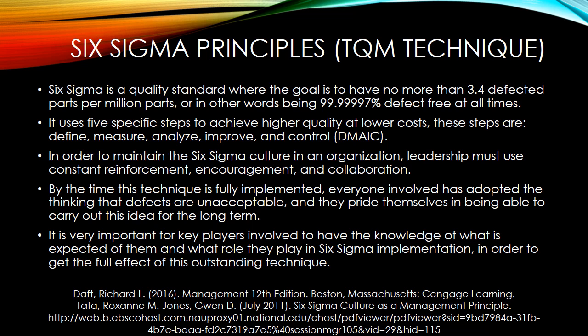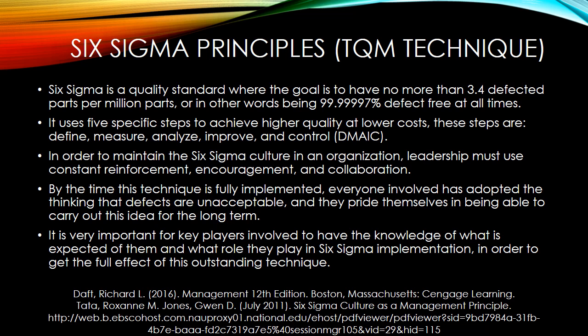The last TQM technique I'm going to talk about is the Six Sigma Principles. This is a quality standard where the goal is to have no more than 3.4 defective parts per million parts, or in other words, being 99.99997% defect-free at all times. It uses 5 specific steps to achieve higher quality at lower costs, and these steps are to define, measure, analyze, improve, and control. In order to maintain the Six Sigma culture in an organization, leadership must use constant reinforcement, encouragement,